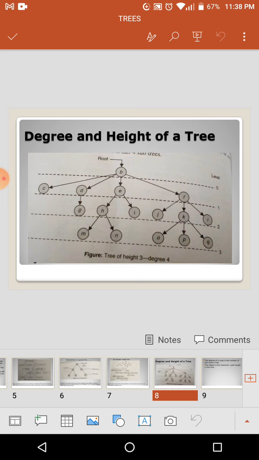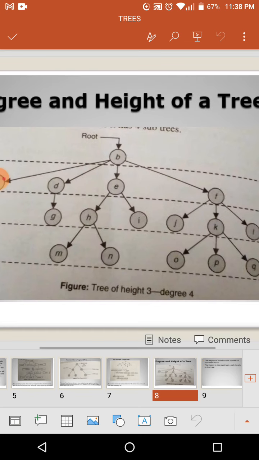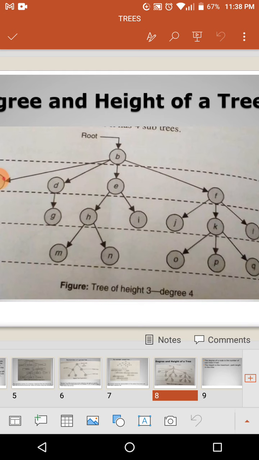One more thing we have to know. I think you can understand a tree might be represented, otherwise it might be divided into n number of subtrees. Look at this picture also. One more thing we have to learn: here a tree is given.